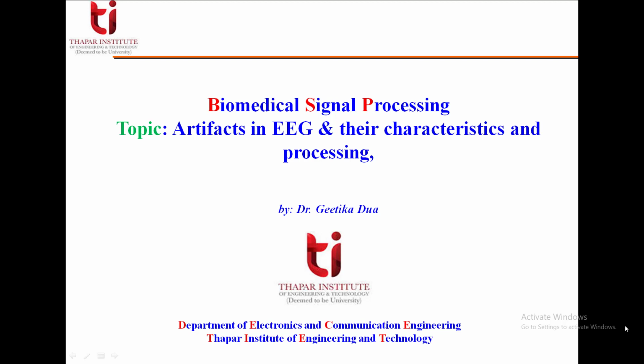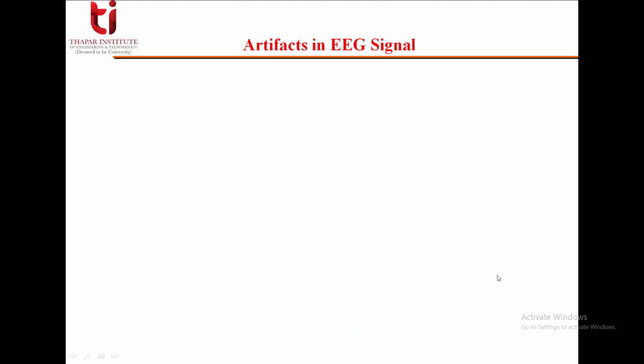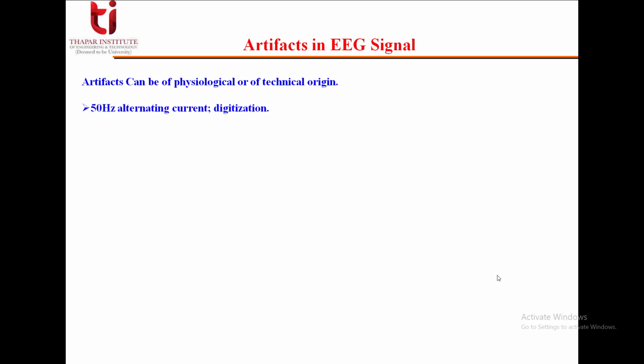Hello dear students. Today we will discuss the different artifacts that are present in an EEG signal, their characteristics and processing. The artifacts in an EEG signal can be of physiological or of technical origin. For example, 50 Hz alternating current or the artifact due to digitization of the signal,